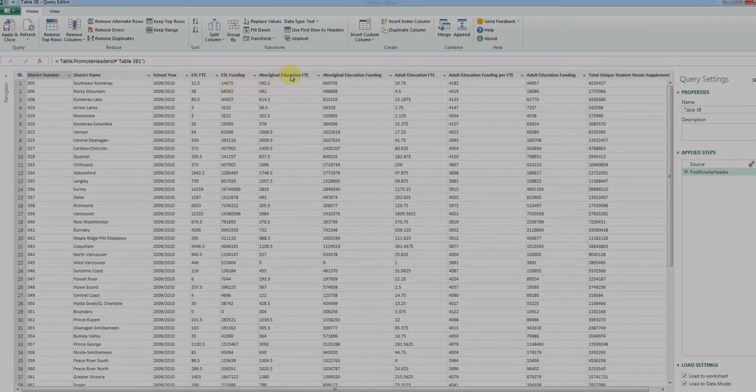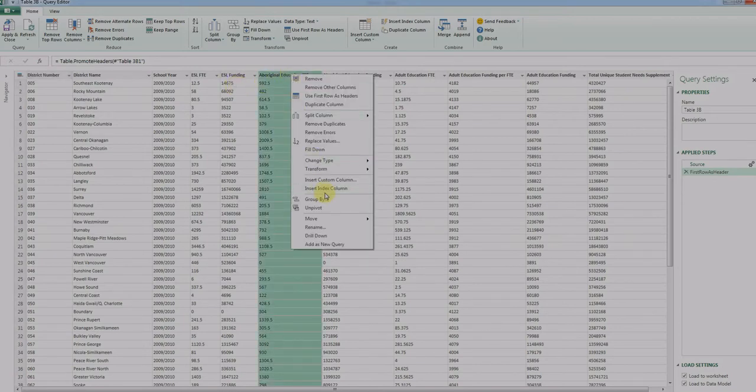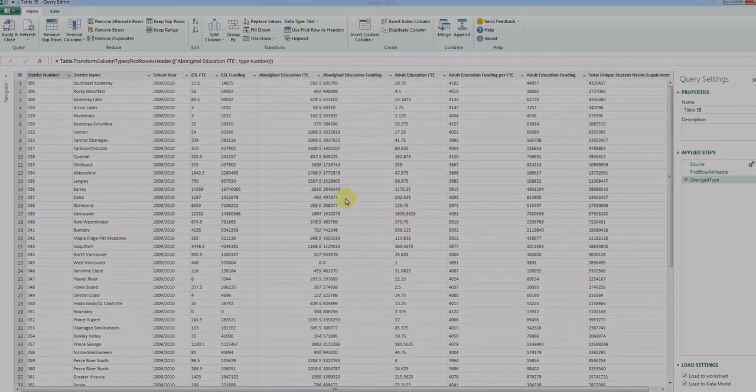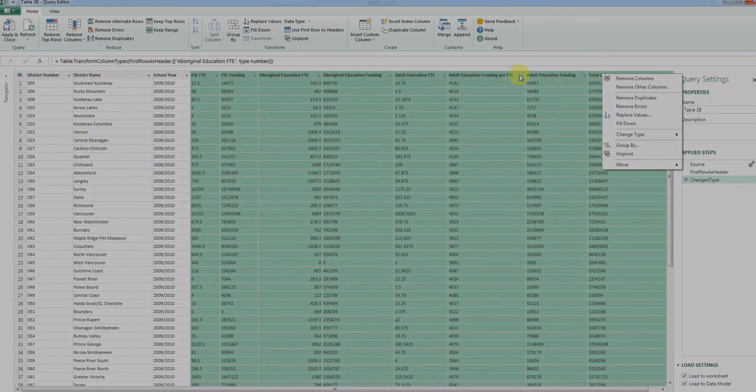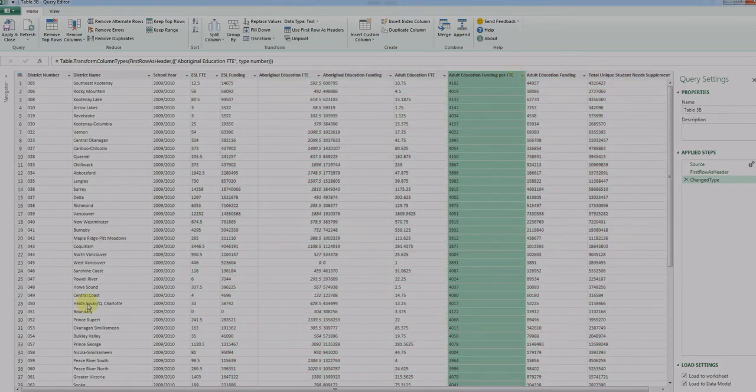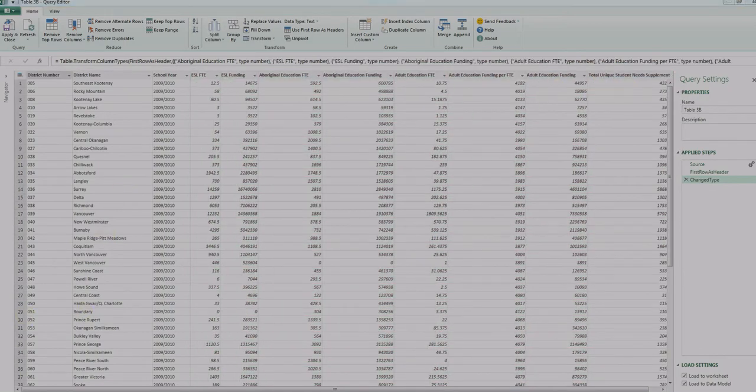As some of you might notice from Excel, by seeing the numbers hanging out on the left side of the column, this, for example, tells me that these are not being treated as numbers. They're treated as text. If they're numbers, they would be right justified. If they're left justified, they're text. So this would be a good place to fix all of those. You can do them all at once. In this case,